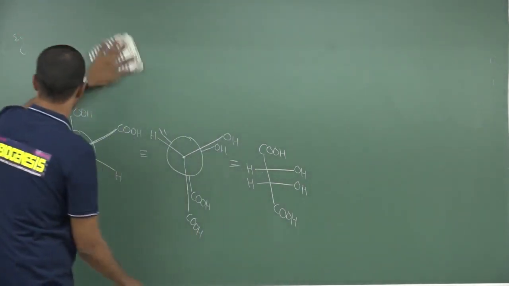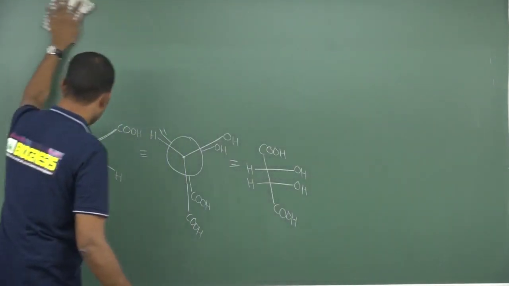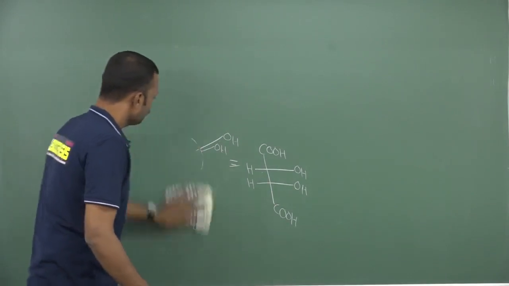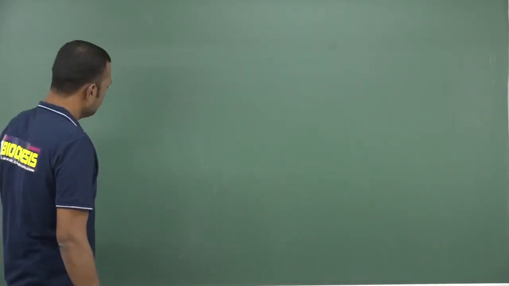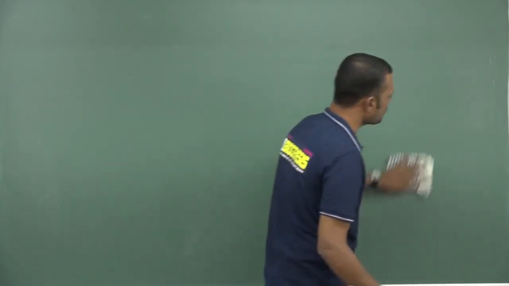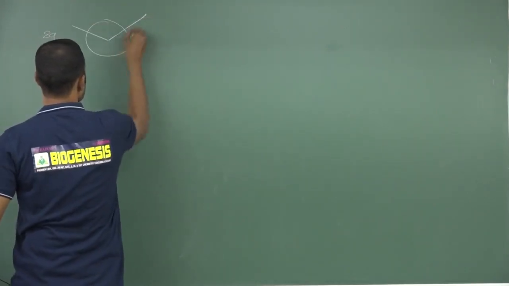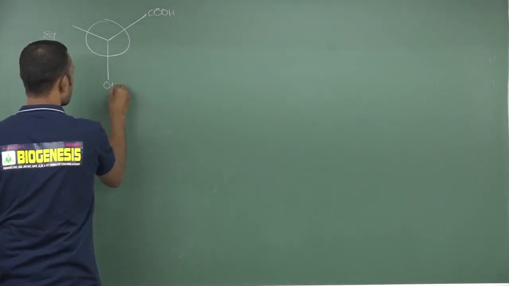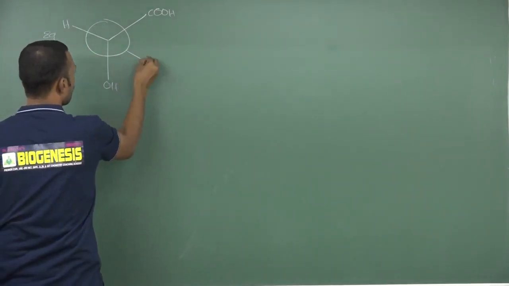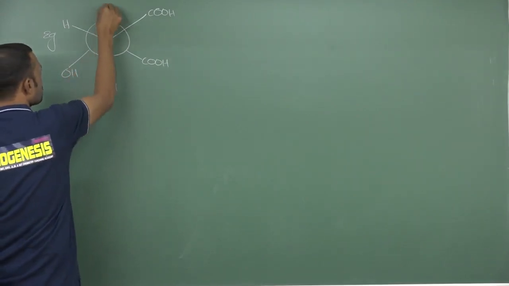So how to identify directly? Well, I am going to show one shortcut, tricks to identify how a Newman converts directly into Fischer. Shortcut for this particular interconversion, which will help in CSIR as well as GATE examination. So apply this technique. See here, I am going to give this particular molecule COOH, and this is OH, and this is H. Okay, and this is COOH, and this is completely OH, and this is H.